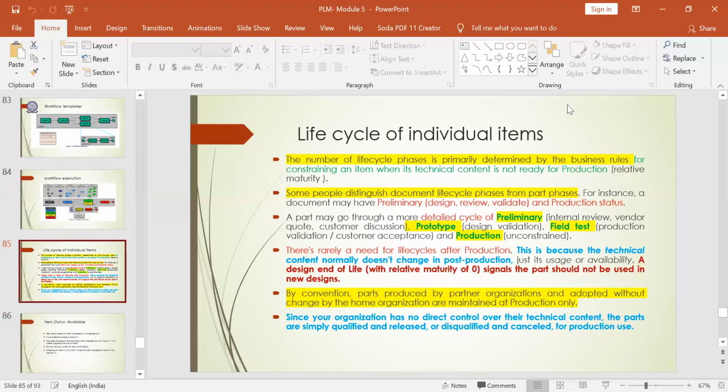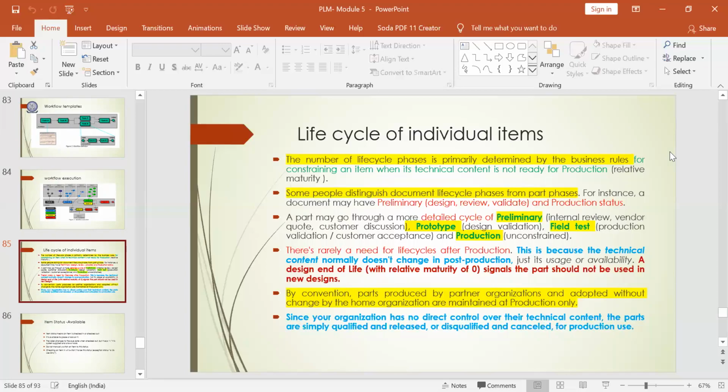After this, you should know what you mean by the life cycle of individual items. In manufacturing a product, we have already studied what product life cycle management is. And a product has 5 stages, right from initiation: introduction, growth, maturity, and decline phase. That we studied with respect to the product when it is thrown into the market. But before manufacturing the product, many phases come across, and we haven't taken care of those until now.